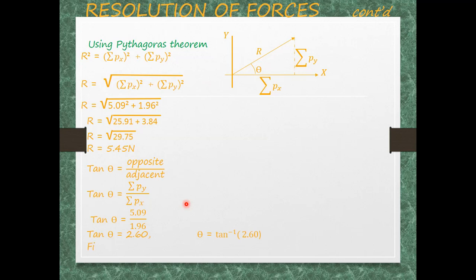And that is, finally, we have theta equal to what? 68.96 degrees, which is approximately 69 degrees. So that is the direction of our resultant force, which is this, and the magnitude is what? 5.45 Newton. So we have finally done the resolution of the question before us, and this is the final answer. And this method of resolution works for all kinds of problems involving a right angle triangle. Once we break it up, let's use SOHCAHTOA